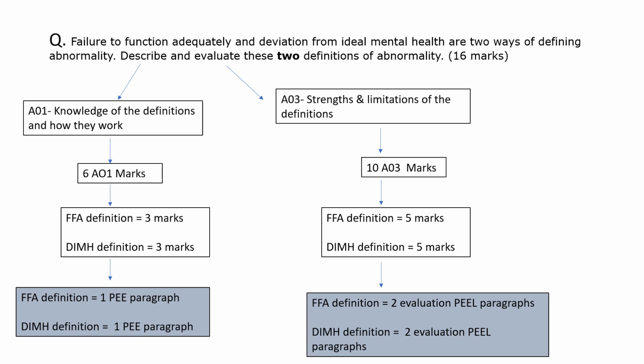Then I explain what I mean by that. What do I mean by culturally relative? In what way are Jahoda's criteria culturally relative? For example, autonomy in some cultures isn't important. It's not seen to be important to make your own decisions in some cultures. So I use my examples to fully explain and develop my answer.